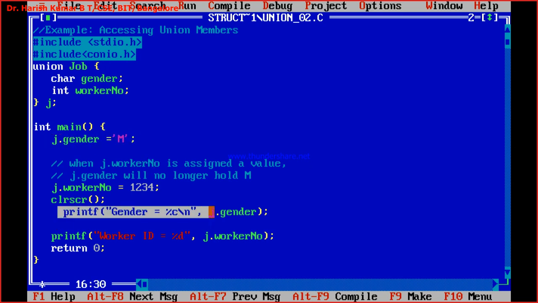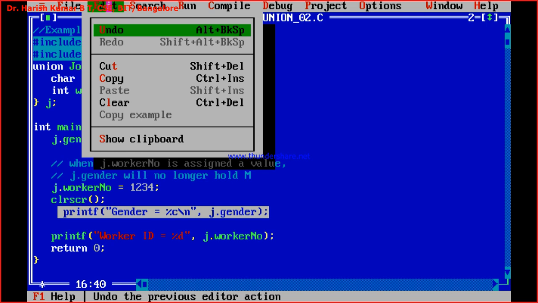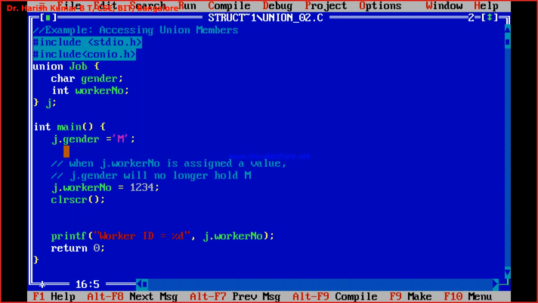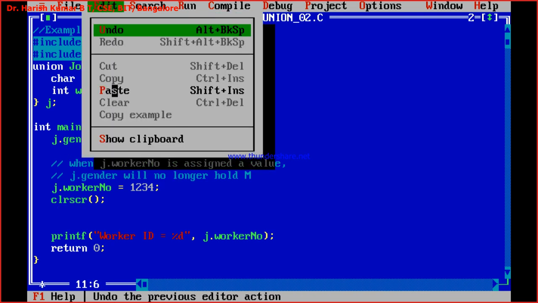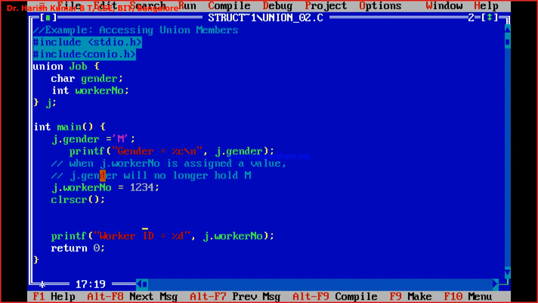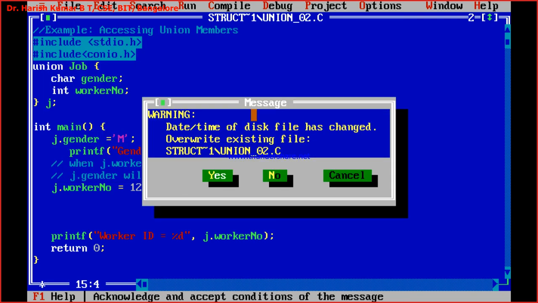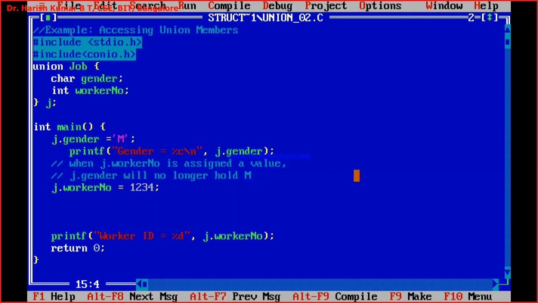So this printf statement, I'll cut it and put it immediately after assigning the gender. Then I'm assigning to this worker number and I'm printing it. I'll remove this clear screen from here, save this, and compile.